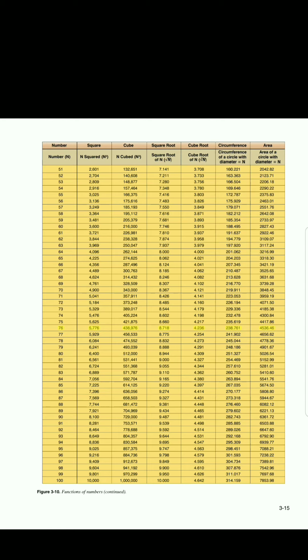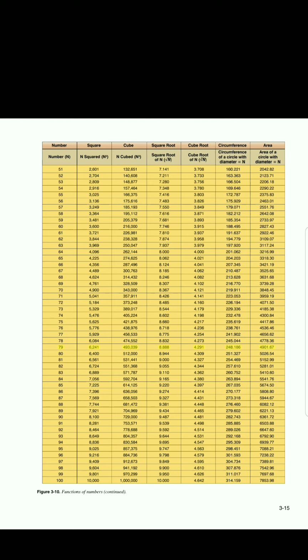438,976, 8.718, 4.236, 238,761, 4536.46. 77, 5,929, 456,533, 8.775, 4.254, 241,902, 4656.62. 78, 6,084, 474,552, 8.832, 4.273, 245,044, 4778.36. 79, 6,241,